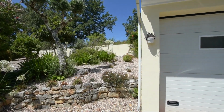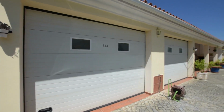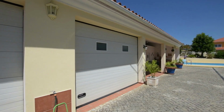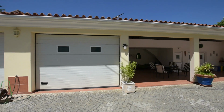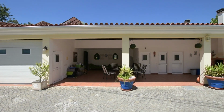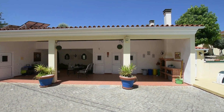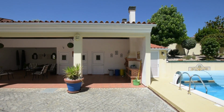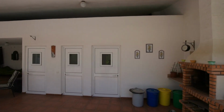Now, as we go round to the right here, you can see that we have the double garages. And there's an extensive area at the back of the property here. We have a large covered shade area, which also houses the barbecue. And there are 4 rooms here. Well, one of the doors goes into the garage, but if we start on this far right door here,